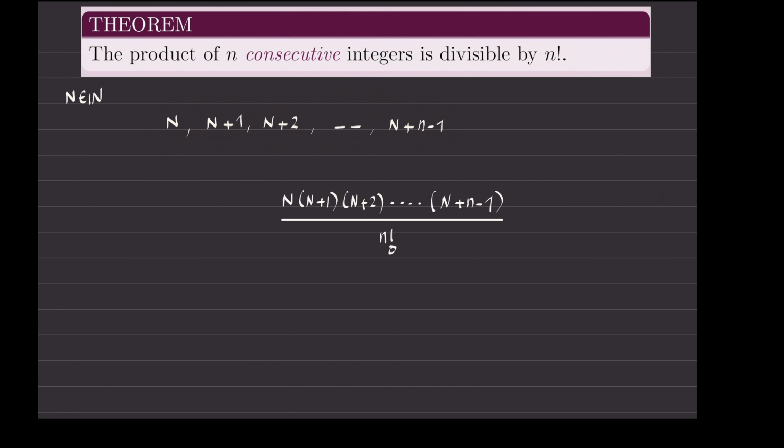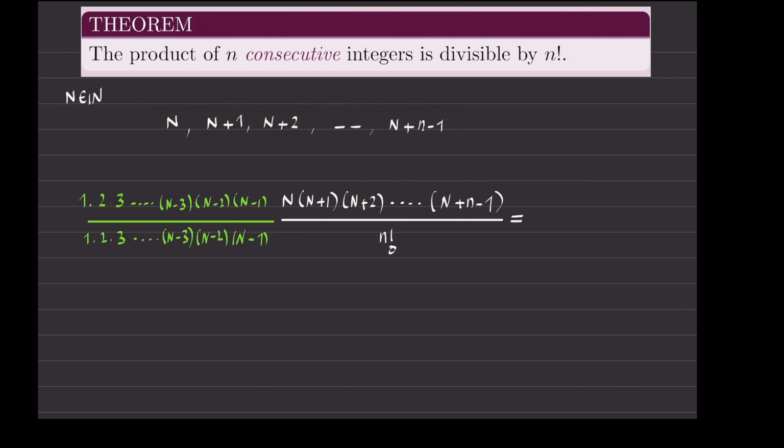I will rescale my fraction by this combination. I will multiply this by n minus 1, and then n minus 2, and then n minus 3, and then I continue until I reach 3, 2, 1. So I multiply the numerator by this expression. To compensate for that, I have to divide by the same expression as well to make sure that I am not changing anything, yes? Okay, now let us see what happens.